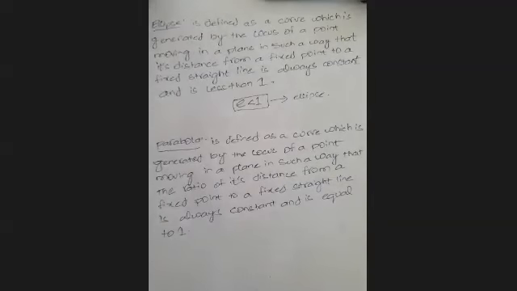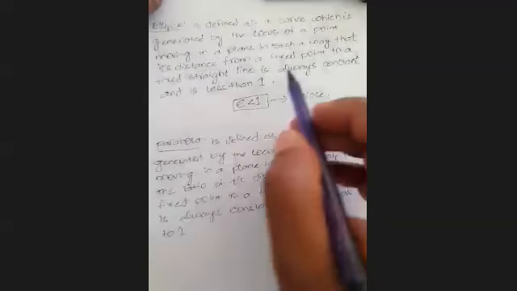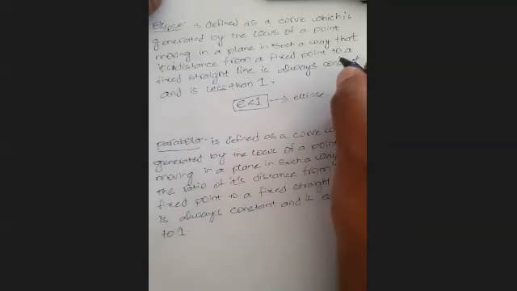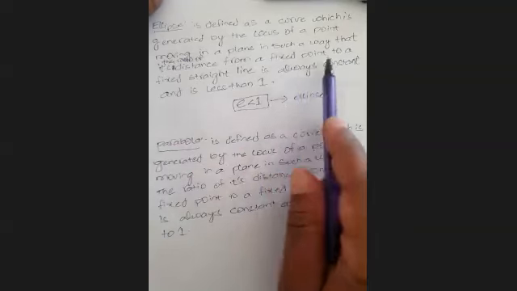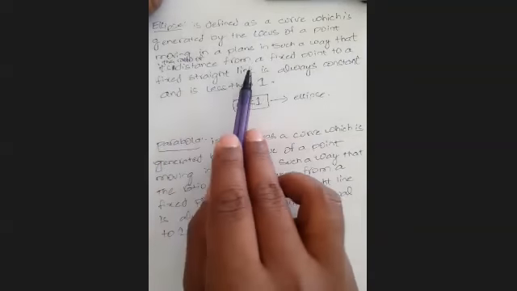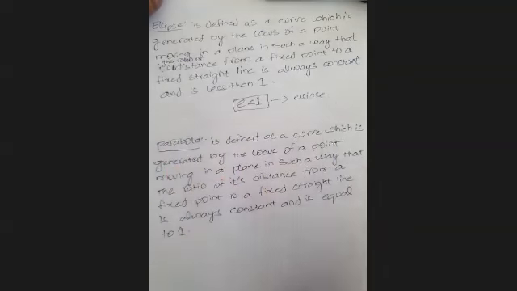See, in the above, I forgot once again, same, such a way that its distance, here I have to add, in such a way that the ratio of its distance, here I will add the ratio of its distance. See, that is here. In such a way that the ratio of its distance from a fixed point to a fixed straight line is always constant and is less than 1. So in this, what it is equal to 1 is parabola.